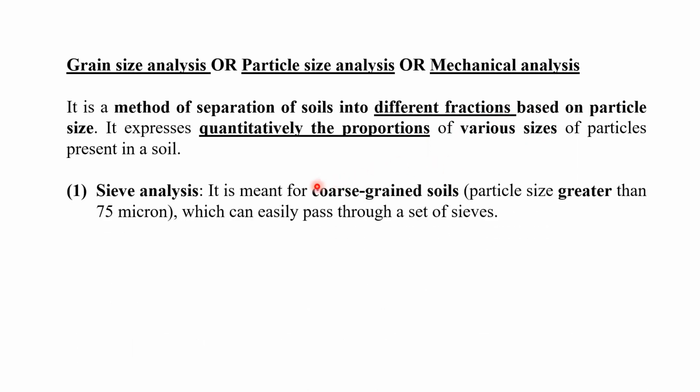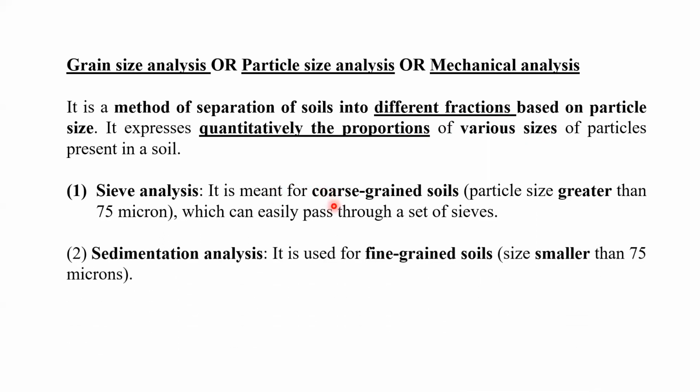For the particle size analysis or grain size analysis, two methods are there. One is called sieve analysis, which is also called dry analysis. In this case, we segregate the particles above 75 micron size. Suppose you want to find out the size of the particles below 75 microns. As per IS classification, less than 2 micron size is called clay size particles, and 2 micron to 75 micron size particles are called silt size particles.